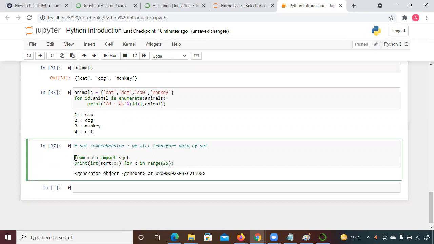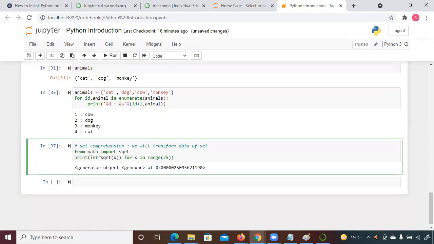From math import sqrt, print int. I think it won't work here. I think you forgot the brackets.